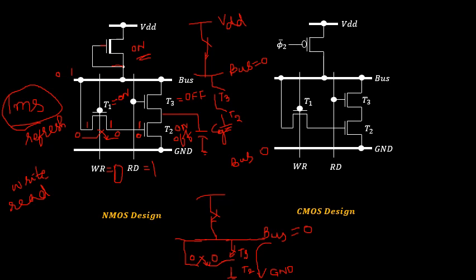So in such a condition, if the bus was carrying a value of logical 0 state, then during the read operation it will remain at logical high, because now there is a closed path from VDD through the depletion type NMOS transistor to the bus terminal. So it will be at the logic high state, or VDD value, or logical 1 state. So this is the read operation which will be performed in case of your NMOS design. Now let me explain the same concept in case of your CMOS design.